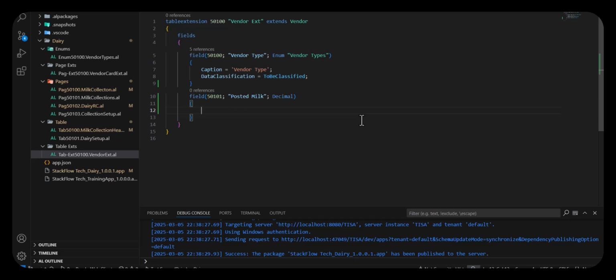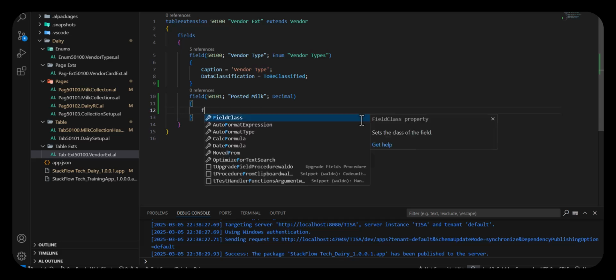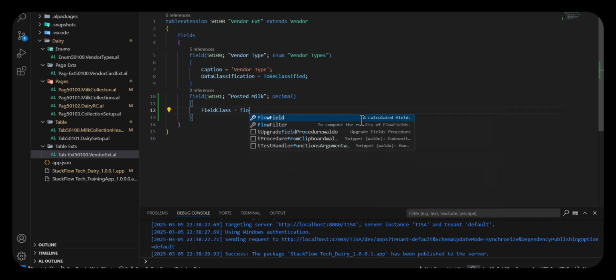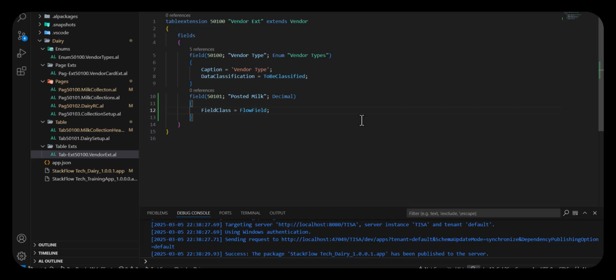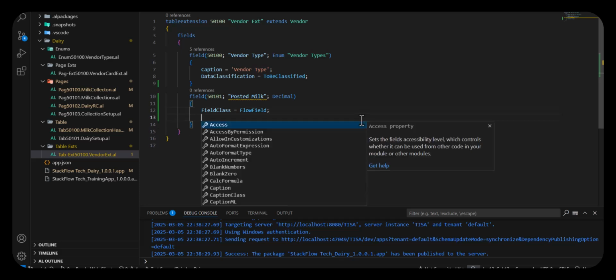So in this case, I'm going to have a field class, a flow field. Flow field is not a real field. It's not like a field that captures the actual information. It's a field that will get the information from a different table. So it also has another